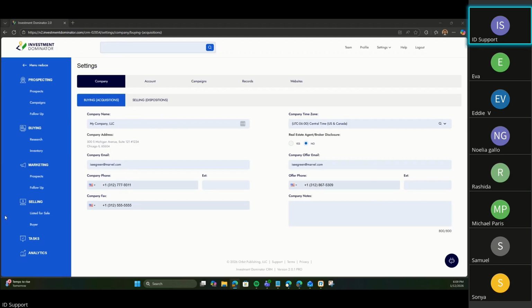So for your company phone number, you want to make sure that this is a phone number that's not your personal cell phone because you'll get a lot of calls there. You're sending out, again, thousands upon thousands of marketing letters to individuals asking them, hey, I want to buy your land. And once they determine whether or not, then they can ask you to send them an offer. Okay. That's when the offer phone number comes in. So to be clear, you could use the same phone number for the buying side of your business if you're just getting started. Ideally, in a lot of the ways that they break this down, 3 phone lines can work, or you can just have 2.